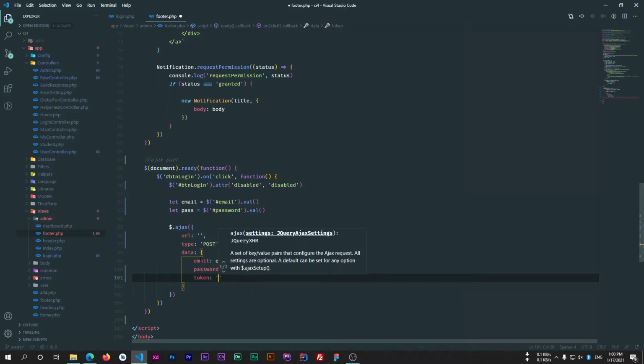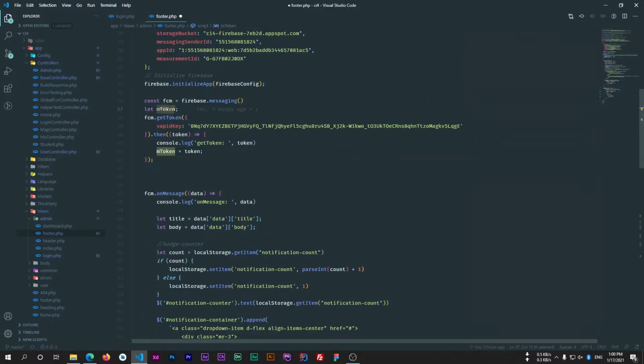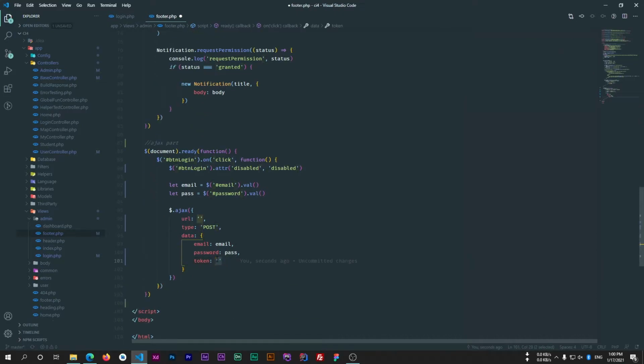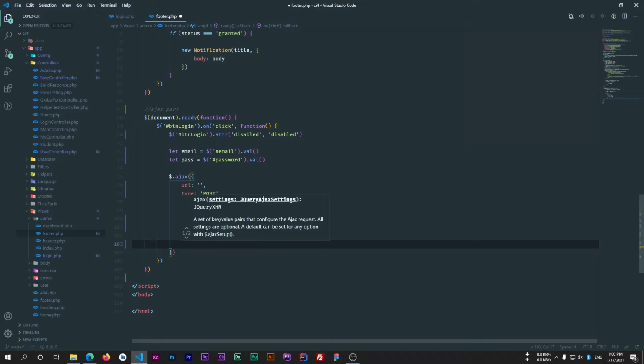Currently our token is not global, so I have created a global variable named mToken, and whenever a token is generated, I'm storing that token inside my mToken so that I can use it inside my Ajax call. So here I'll use that mToken variable, and that's it.